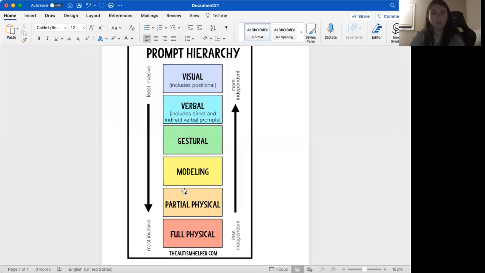Hello, everyone. My name is Casey Osborne, and I will be talking to you about the different types of prompts there are in the ABA field, why they're important, and some examples of them. As I go through them, I'm going to share my screen with this visual of prompts, and we're going to